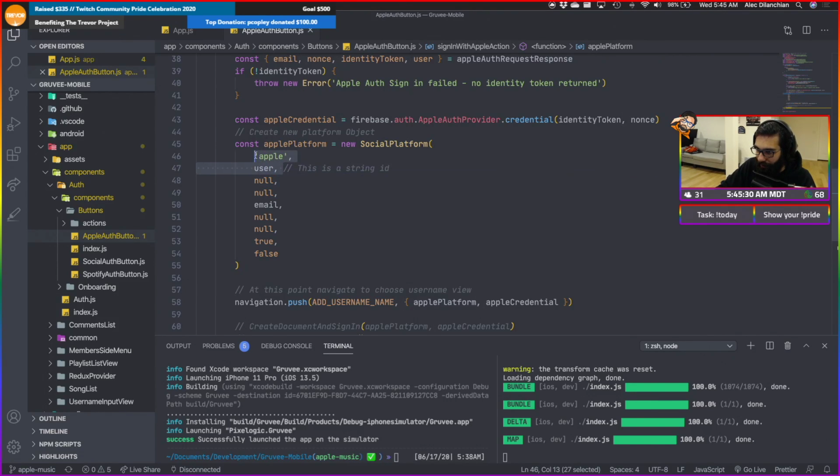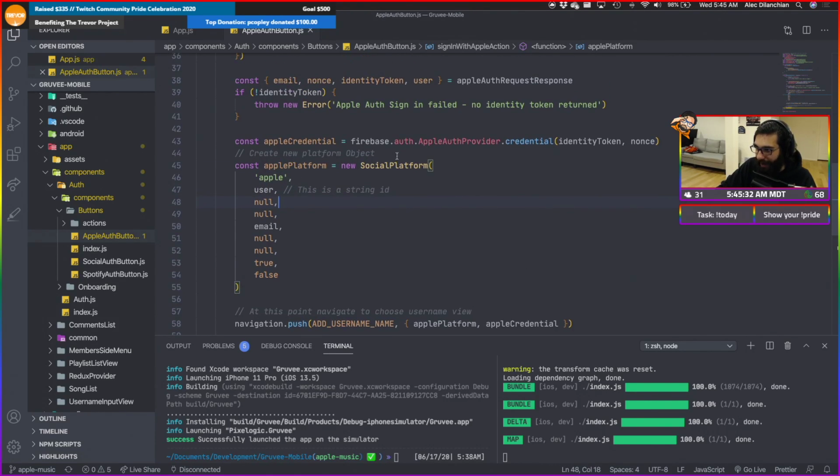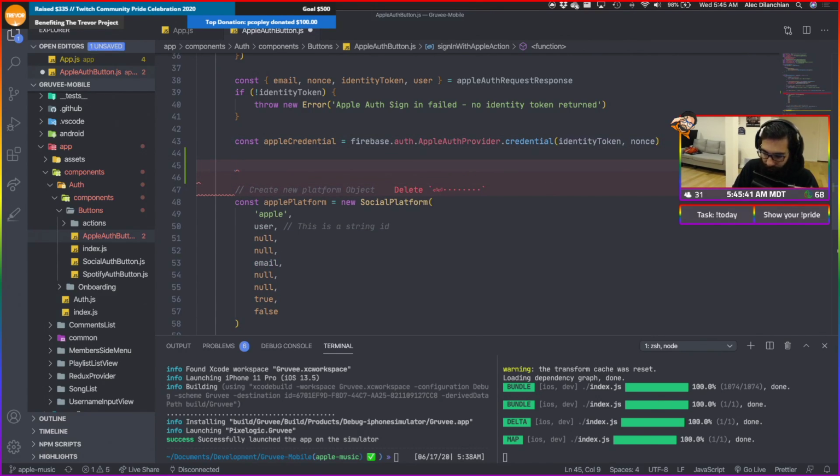And so right here, before we do any of this stuff, what we're going to want to do is check to see if we have a user in Firebase already. Check to see if this user exists already.